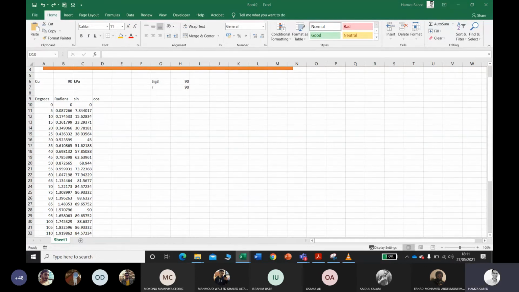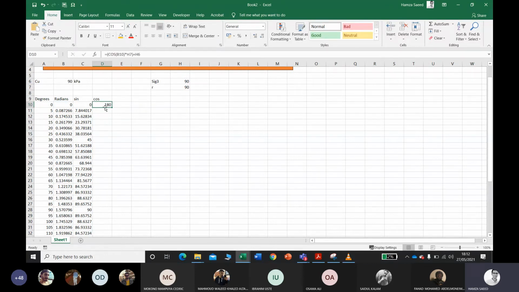So now simply for the cosine value, what you are going to do is equals cosine of the angle, which is in radians, multiply by the R value, which is the radius of the circle, and place the brackets and close the bracket, plus the sigma 3 value, which is Cu again, and enter.